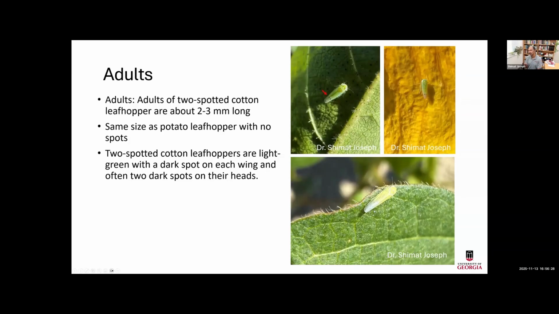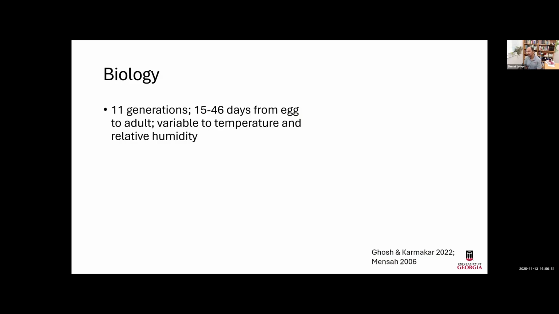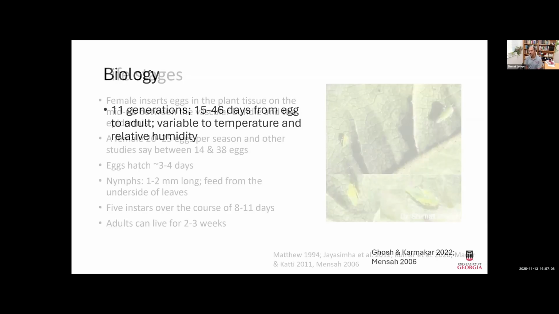It is the same species. The thing is, as they molt from the fifth instar to the adult, it takes some time, so you have to give some time for the spots to develop. As they emerge from the fifth instar, there won't be any spots, but with time, like 10 to 15 minutes, the spots will appear. I want to say that because we observed that in the lab. We know in Asia there are about 11 generations because they don't take much time to complete a generation. These things are highly subject to temperature and also relative humidity. About 15 to 46 days is the range to complete a generation from egg to adult.